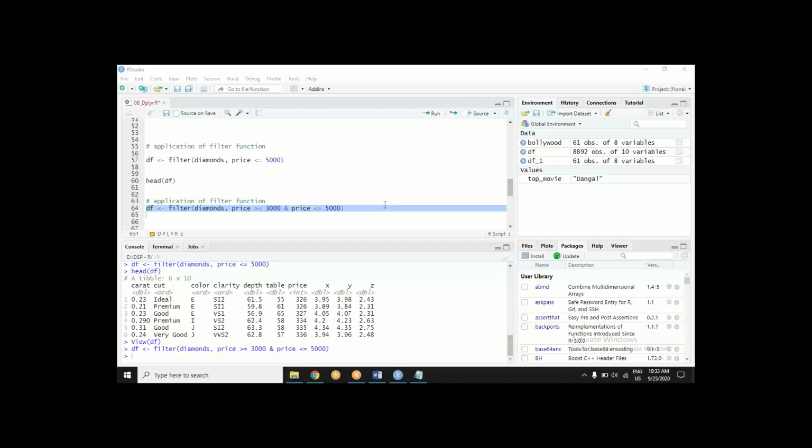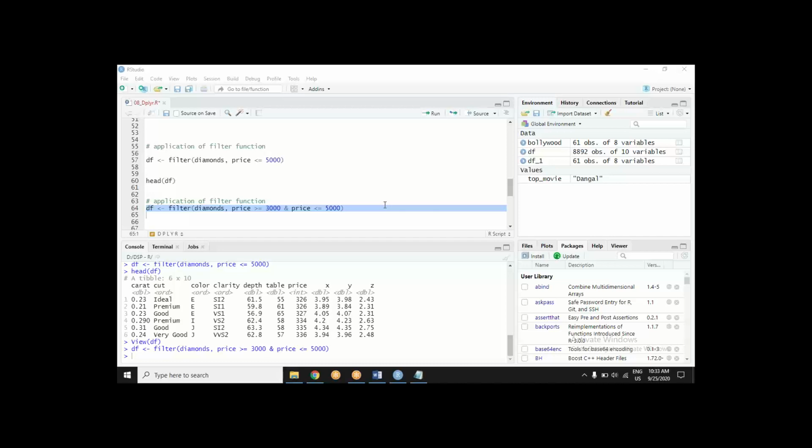I'm asking you one more question so that we are able to see whether everybody is getting it, and I hope everybody can answer that. I would like to see an answer from everybody for this. I want to filter the diamonds dataset. I want to see only those diamonds.